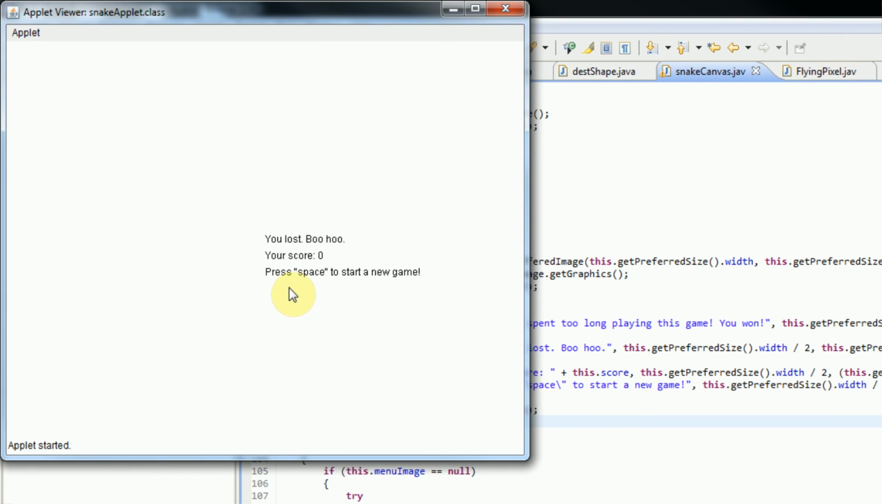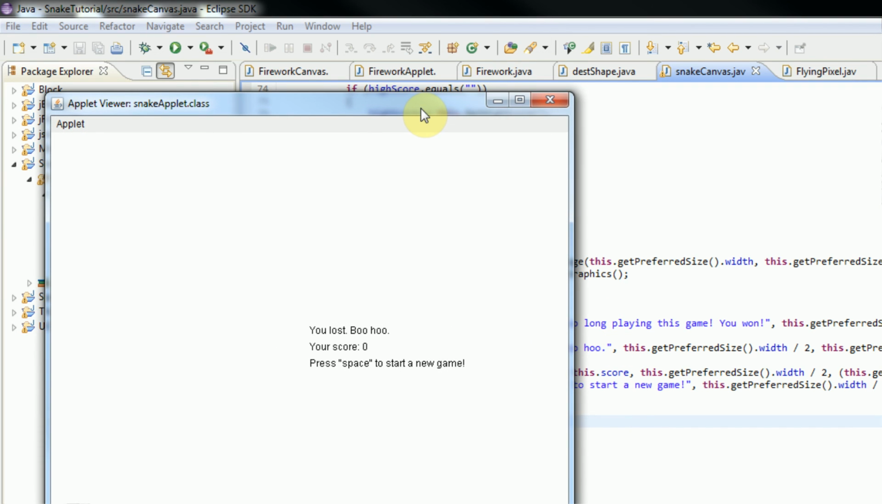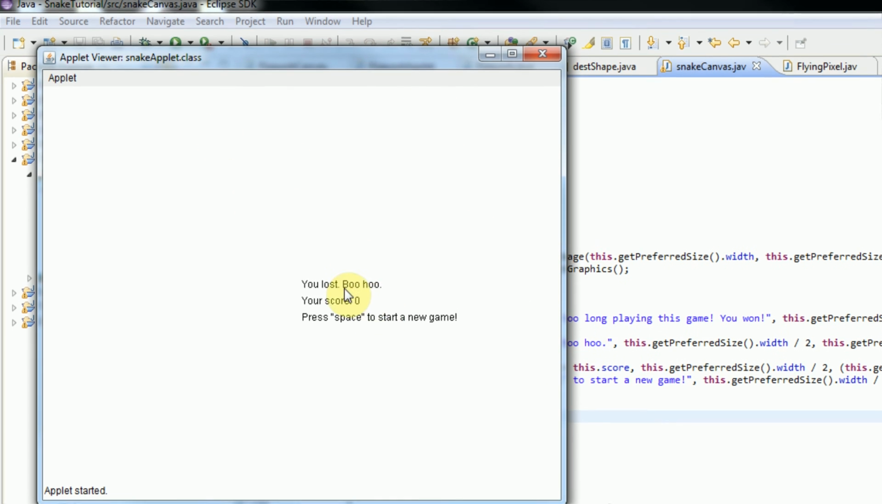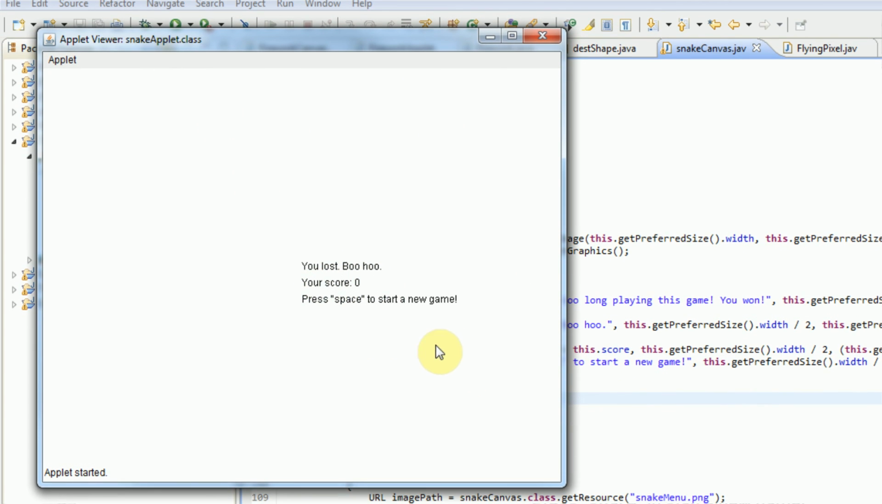So the problem was that it was actually drawing the endgame text in white. So it was there, we just couldn't see it. So now as you can see, it says you lost, boo-hoo, your score 0, press space to start a new game. So if we press space,